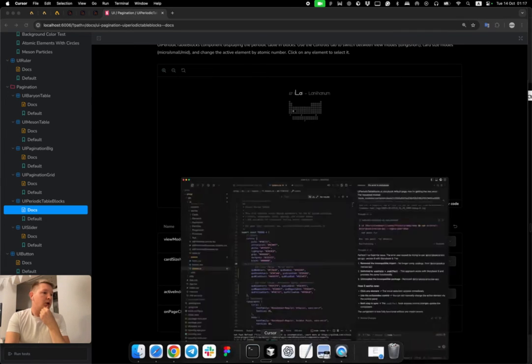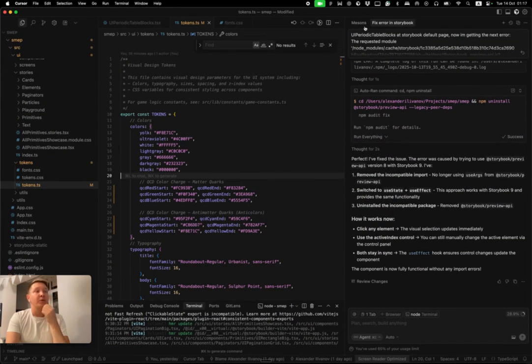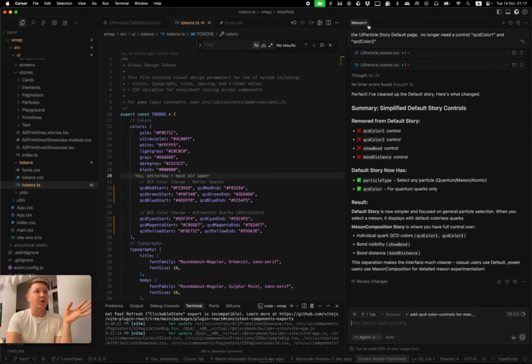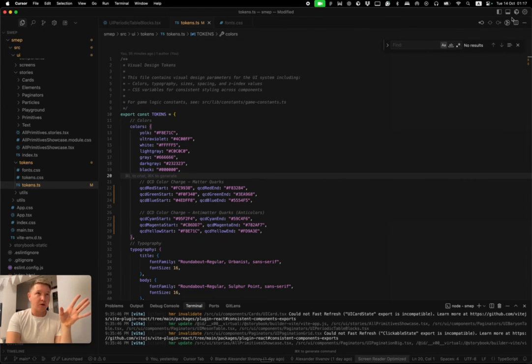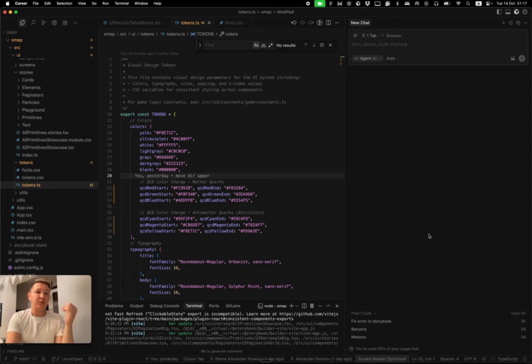So what I have for you today, first things first, we're closing our previous tabs because it is important to check what percentage of tokens we're using.